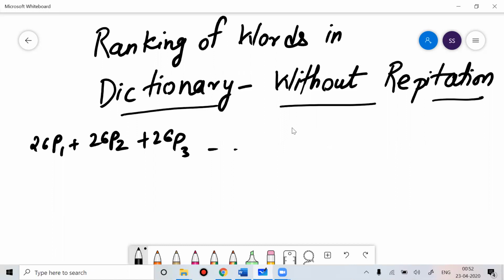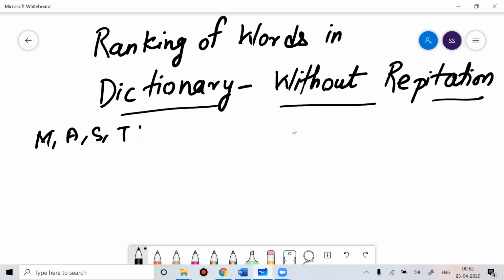Okay, so probably you have this idea about this concept. Now I'm not going to talk about making a dictionary with these 26 alphabets. Suppose I'm just talking about a dictionary where I have only 6 alphabets. Suppose those alphabets are M, A, S, T, E, R. Probably I'm a teacher, so I'm talking about a word which is close to me. There's a word in Hindi, we call the teacher a master.